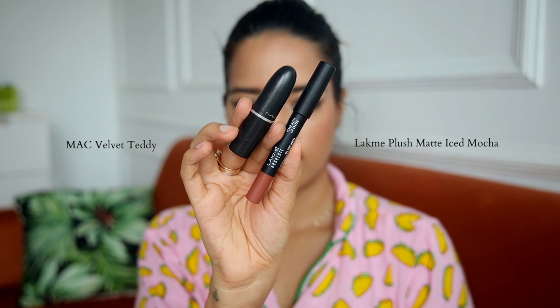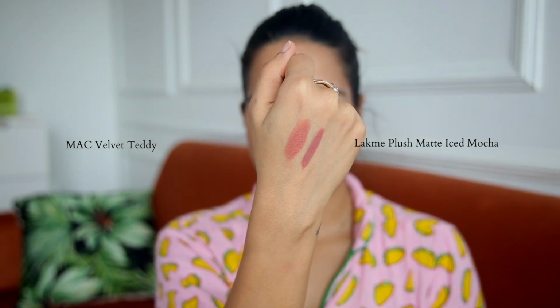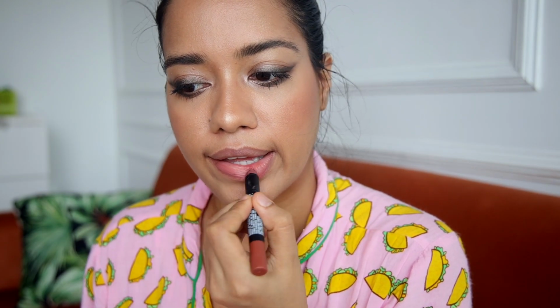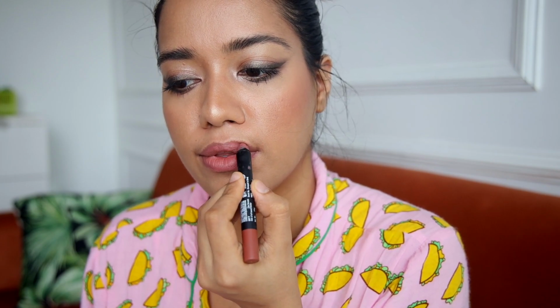Alright, so this might not look like the exact dupe, but honestly, they look exactly the same on my lips. Velvet Teddy is a little bit more peachy, but honestly, they just look the same, and I love the formula of both of them. And yeah, this is what the lipstick looks like on my lips,